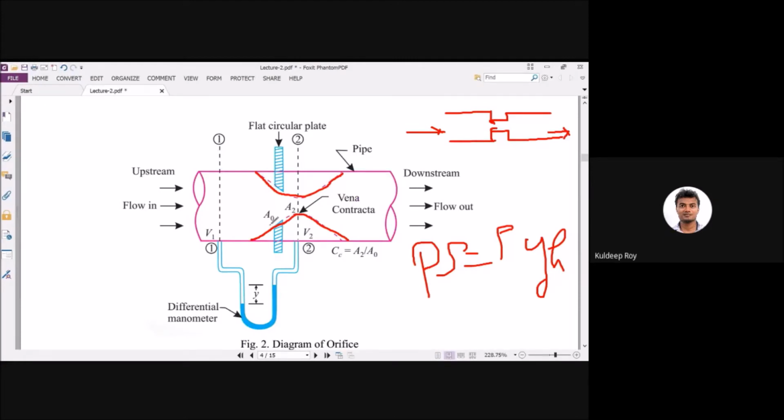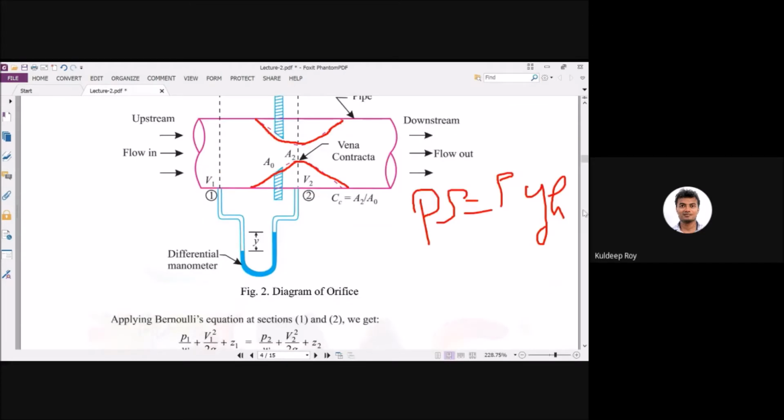Now you can see here velocity will be lower, but at this point velocity will be higher. We have to fix the plate where you will get complete higher velocity into the downstream position. This is your downstream position. Then you determine the velocity v2, and you have the velocity v1, and you have also determined how much is the change in height. If you know the change in height, you can easily determine the pressure, delta P equals rho g h.